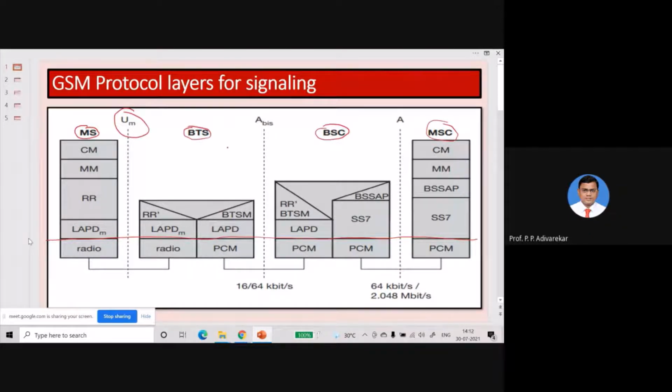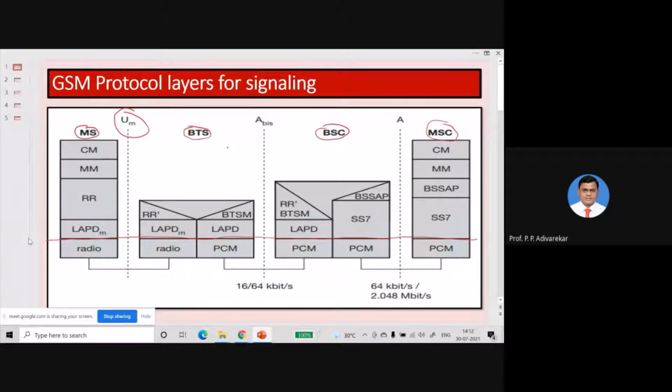Then communication between the BTS and BSC is through a wired network, so the physical layer here involves PCM, that is pulse code modulation, and the same technique is involved for communication between the base station controller and the MSC. So this diagram represents how different protocol layers are used for communication between different entities.